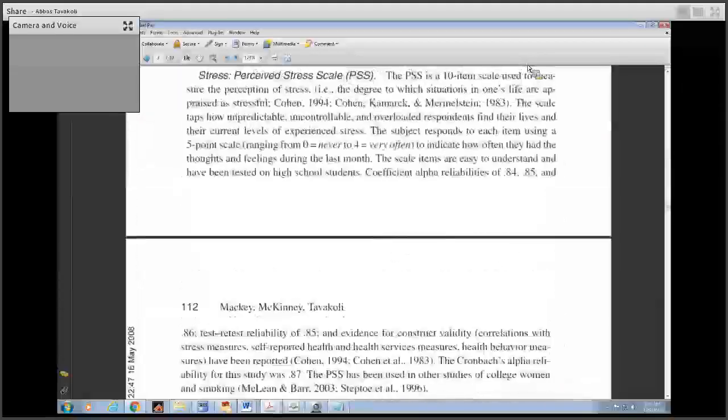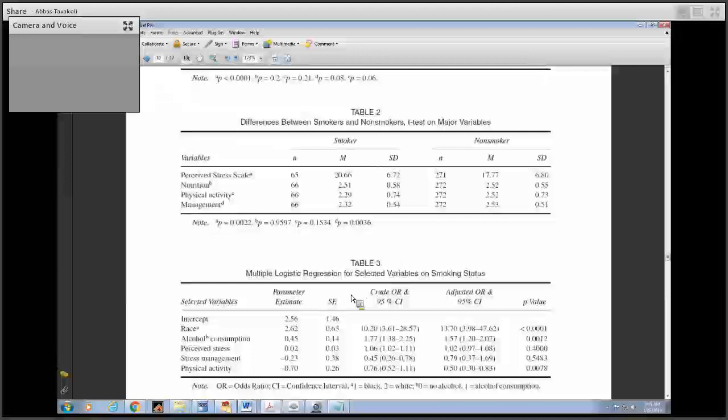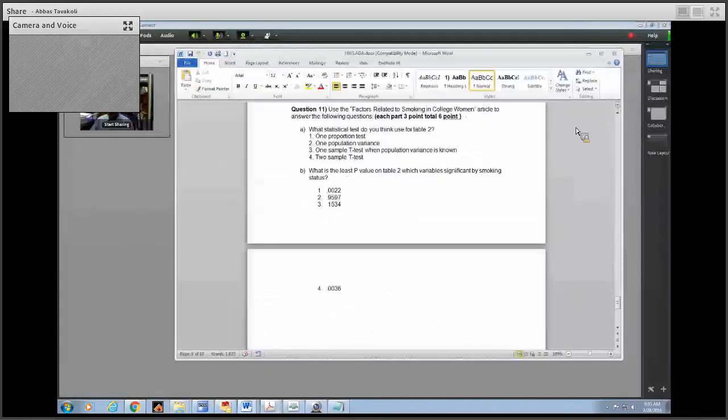For question 11, again, you're looking at a factor related to smoking in college. What statistical test do we use in table 2? What is the p-value? What